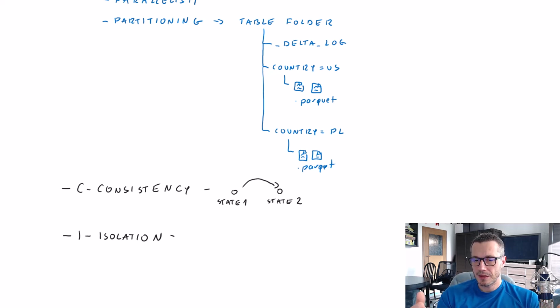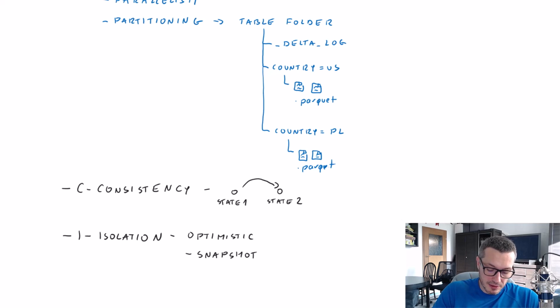The opposite is optimistic concurrency, in which we say, all right, there is a very low chance that our transactions will conflict with each other. So there is no point in locking the resources. And actually, Delta Lake uses this optimistic model, and it is implemented in two ways. For read transactions, it uses snapshot isolation,